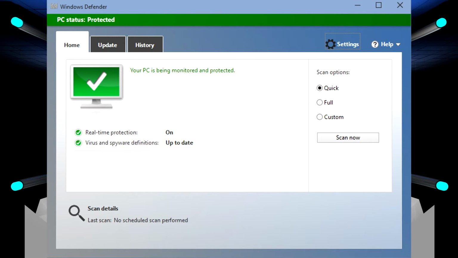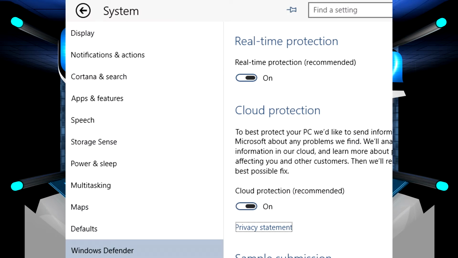In Windows 8, 8.1, and Windows 10, the Windows Defender software has a little bit of a user interface change here. You still access it the same way I showed in Windows 7 by clicking on Start and just typing the word Defender, and it'll come up automatically in the list so you can click on it here. Once you actually get to the software, you'll see that it still shows as on. And over in the top right-hand corner, you're going to see where it says Settings. If you go ahead and click that, this will take you into the system settings for it under the